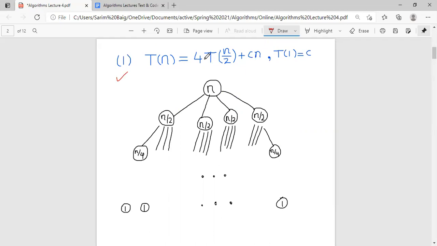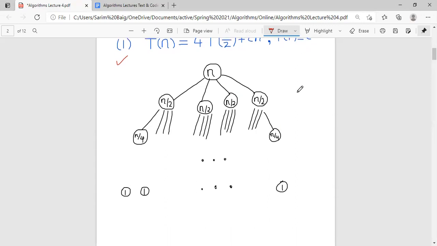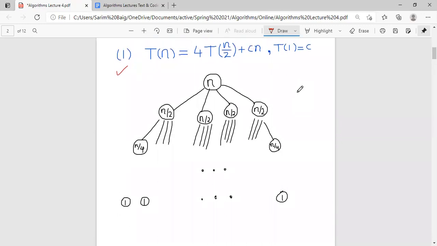And then to combine their solutions, the overall work that it does within this call of size n is this C of n, C into n. ये O of n work इस स्टेप में होता है। और ये बेस केस है जो हमने यहाँ पे अलग से स्पेसिफाई कर दिया।